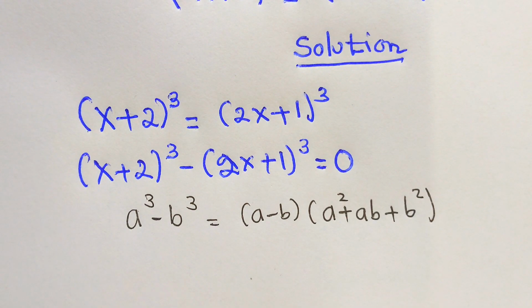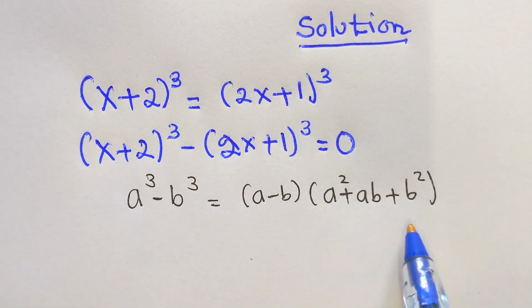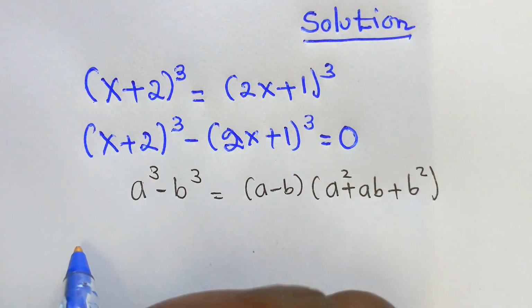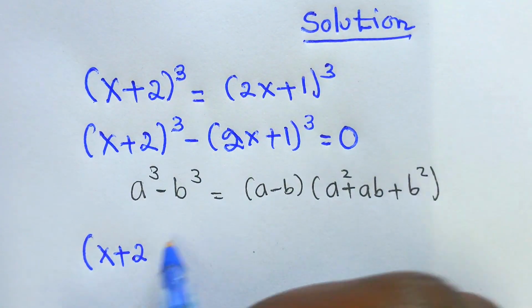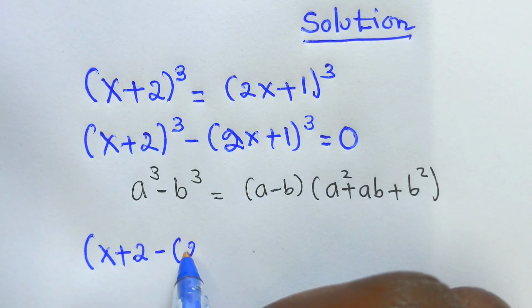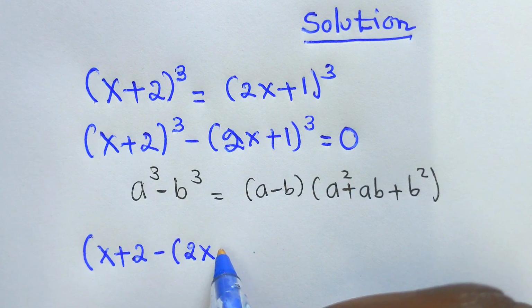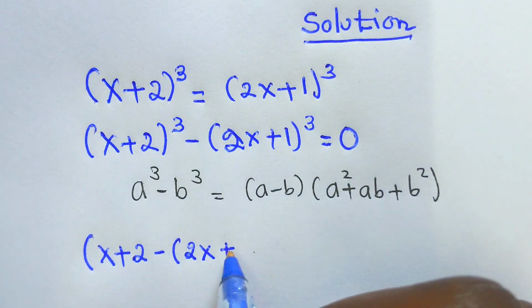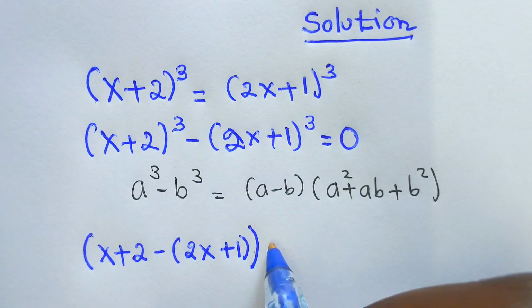So we are going to say this is a, this is b, and we transform into this equation. So we have (x + 2) - (2x + 1), then times,